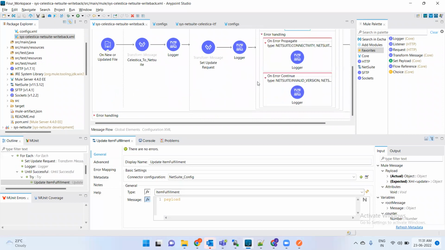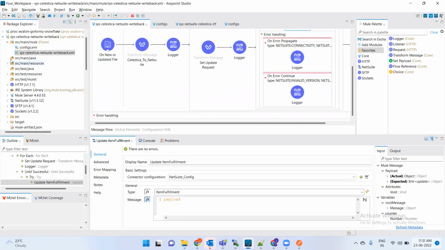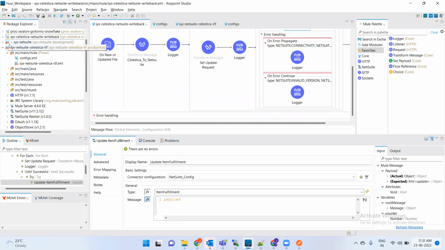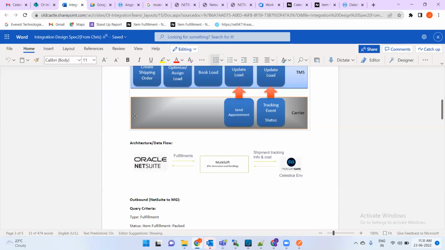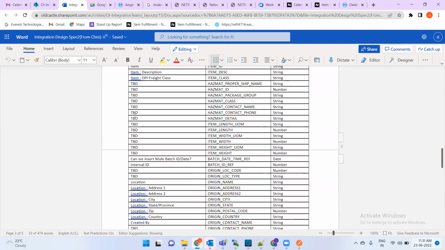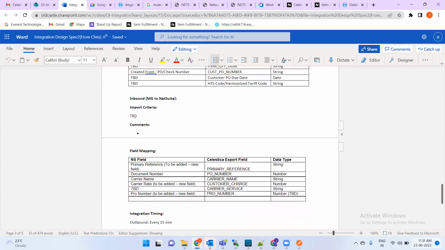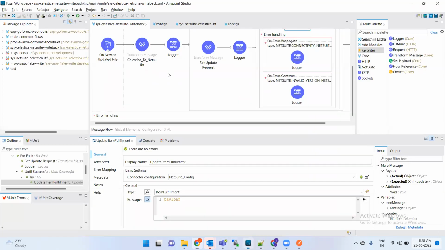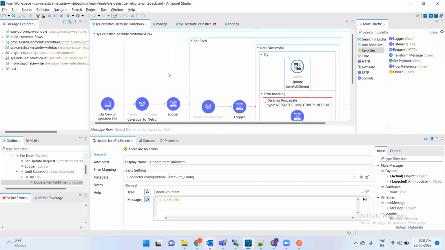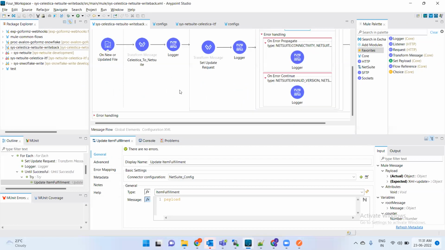Okay, so this is one integration that I had worked. In real time, I get this type of design document. If I have any doubts in these design documents, I need to check with them, and then I need to write the code only after that. Every time I make some changes, I test it, make sure nothing is breaking, and then I move